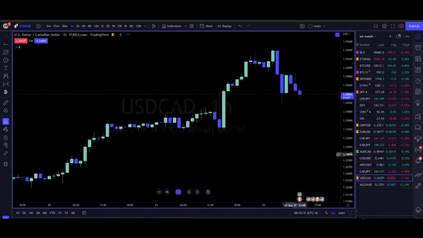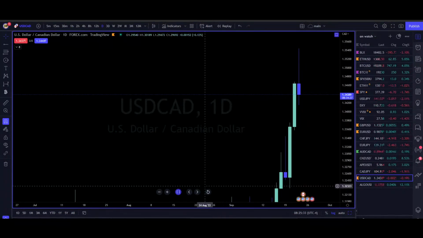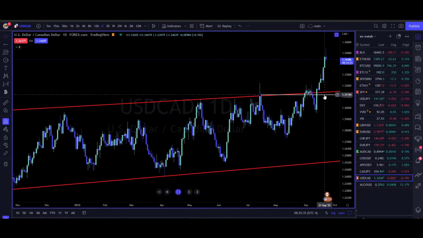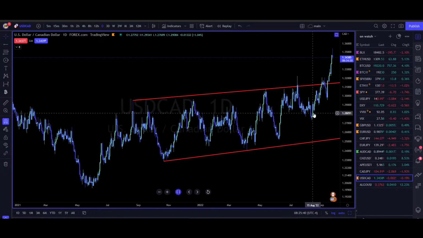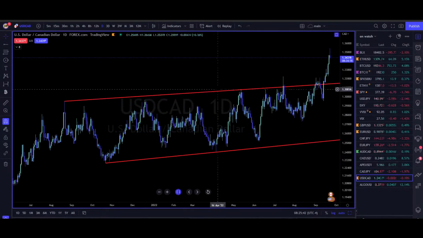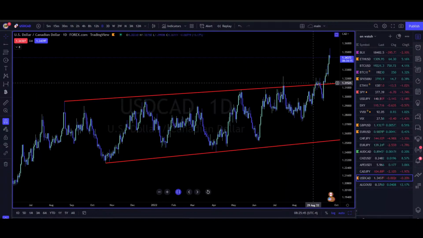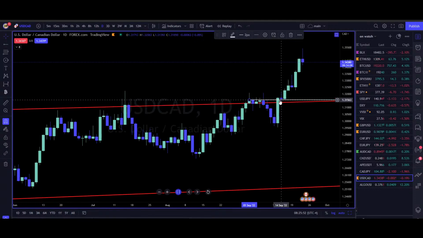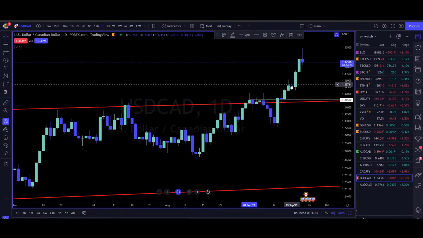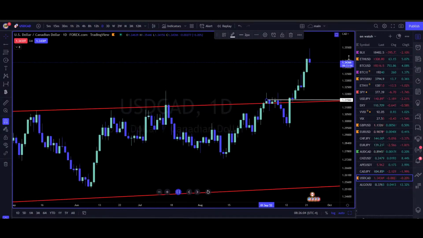USD CAD, massive breakout yesterday. Here you go, breaking out of this long-term rising channel, if you will. Broke out a couple times, but not really getting any bullish continuation. Notice how you break out here, you take out resistance, you get one day for a pullback only, and then gone. Well, to be fair, this day also, but on this bearish day, you did indeed make a fresh high. So that's what bullish continuation looks like.